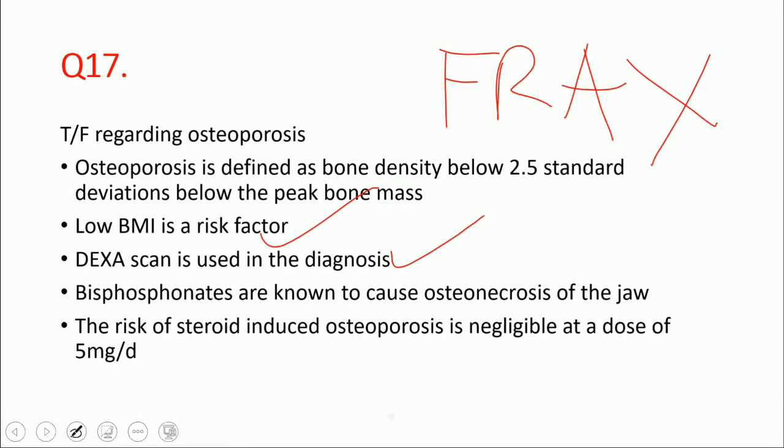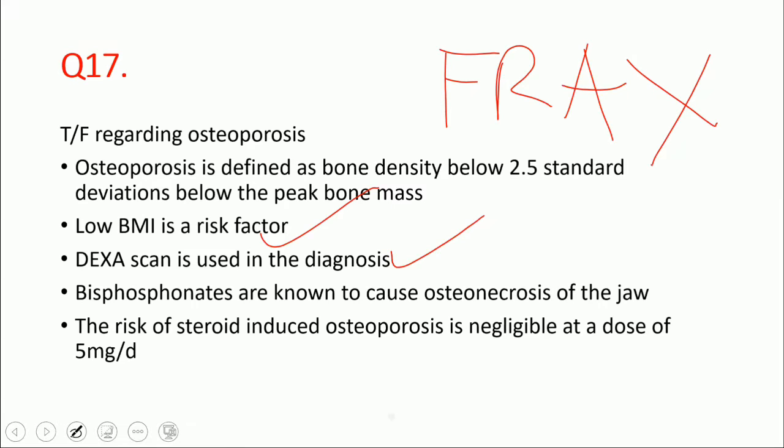Remember, to calculate the FRAX score, you don't essentially need the DEXA findings. You can include it or not include it. Either way you get a score. So even without the bone mineral density assessment, DEXA scan value, you can still calculate the FRAX score. And the treatment depends on this